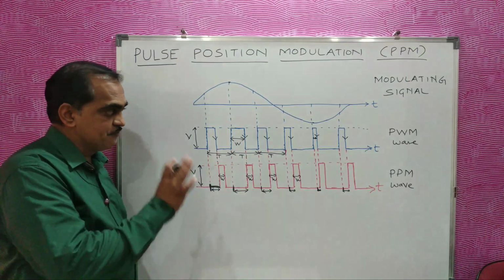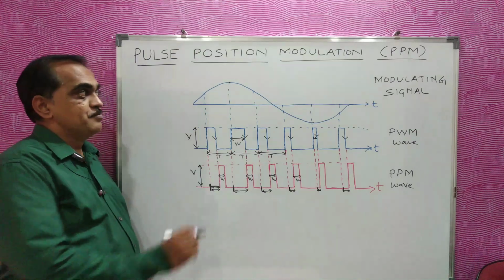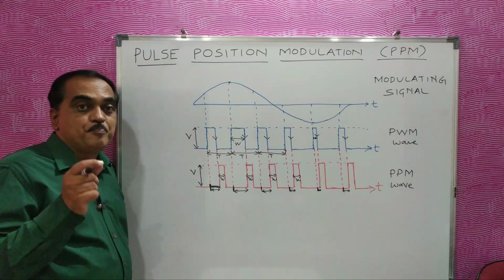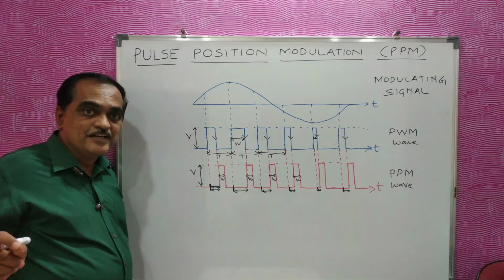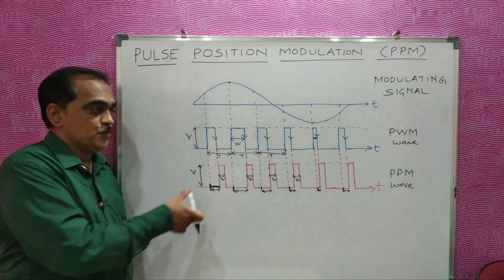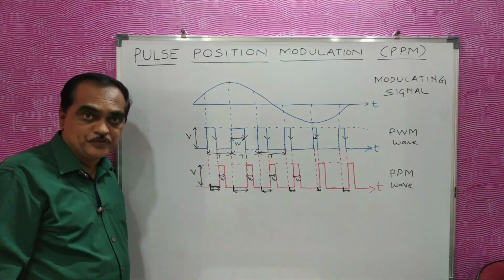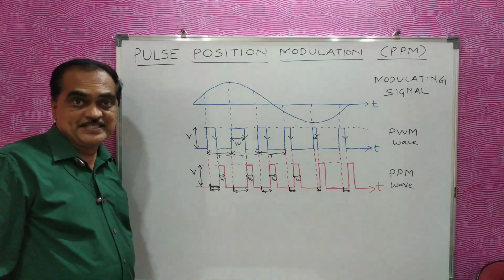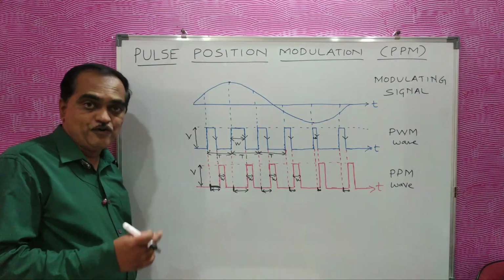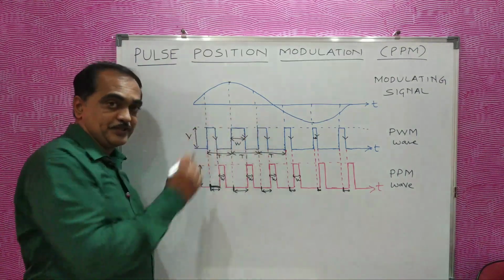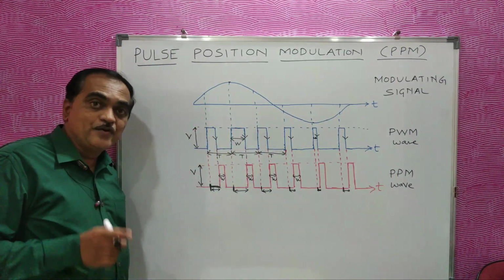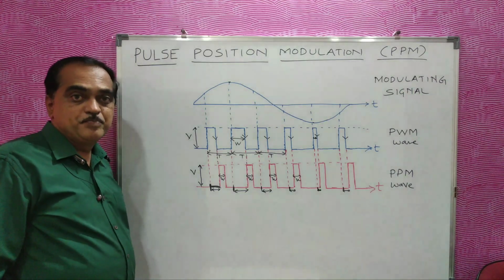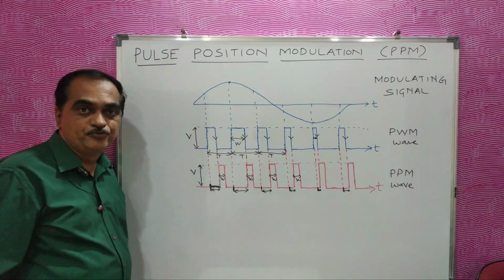Okay. So here one thing we have to know basically is, from your analog wave, first we have to generate PWM, and from PWM trailing edges we are going to generate PPM, which is called pulse position modulation. So it is a modulation where the position of the pulses is varied according to the information wave or according to the modulating signal, whereas its amplitude and width will remain constant. So this is your PPM definition and waveforms.